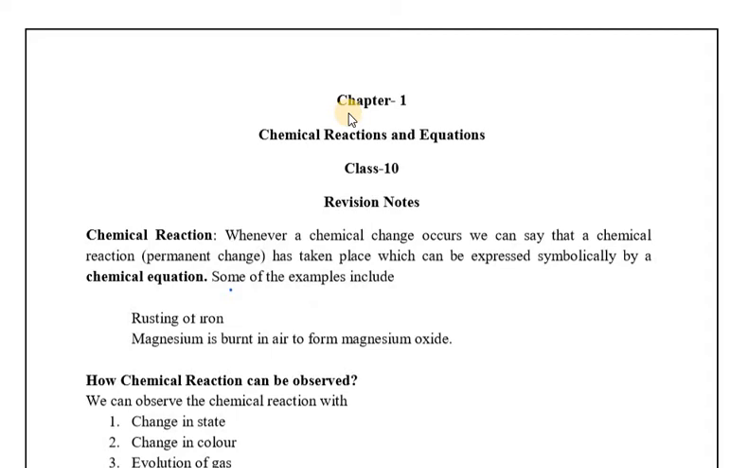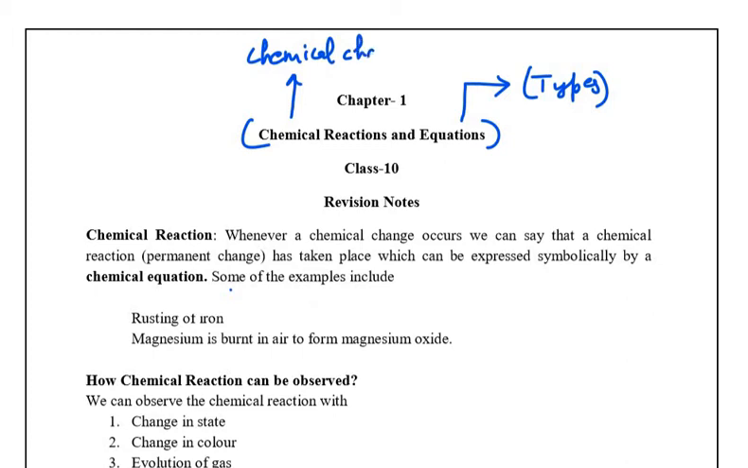By the name you can see we have chemical reactions and equations. In this chapter we need to study equations in detail, like the types of equation we have. Then we need to study the chemical reaction in detail. A chemical reaction is considered to be a chemical change. So what is a chemical change? A chemical change is a permanent change in the